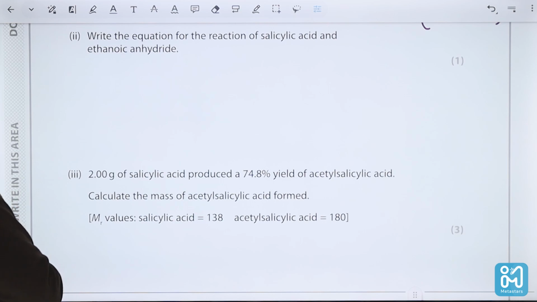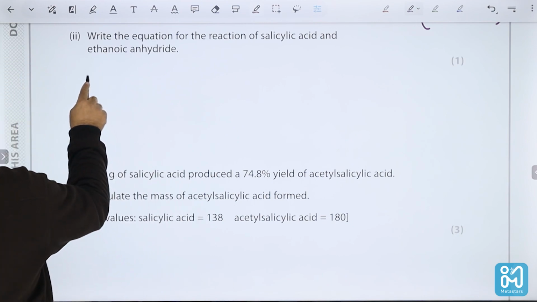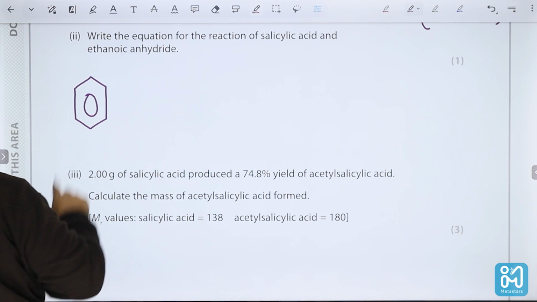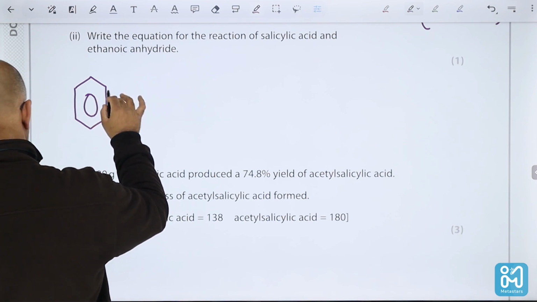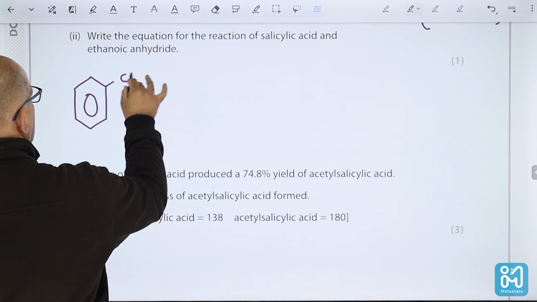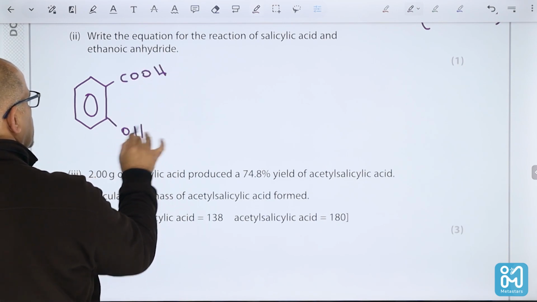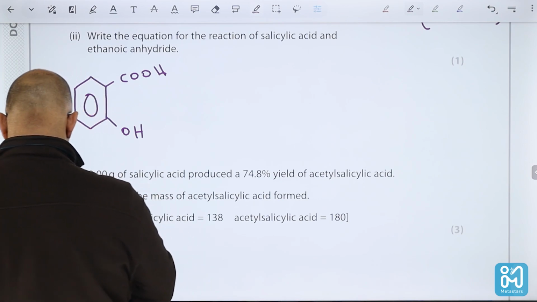This is the structure from the question. That's the structure of the salicylic acid, which is COO, and we have an OH group. This is plus the